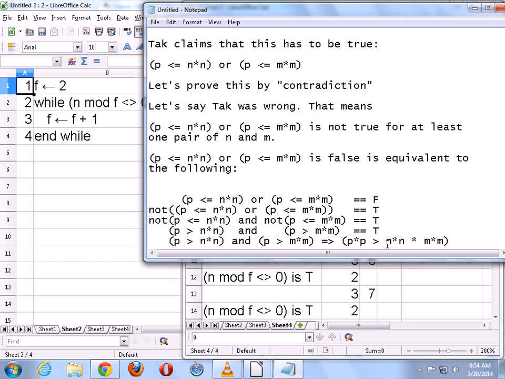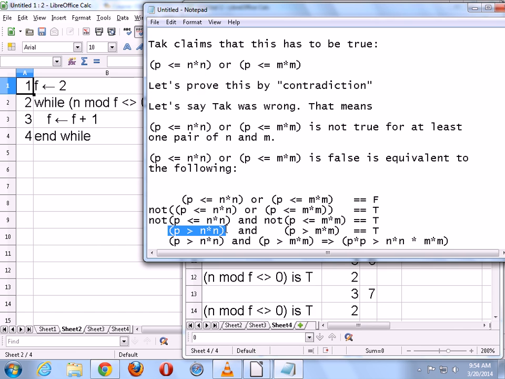I'm trying to figure out how you went from less than or equal to greater than. It's the negation. They mean the same thing, those two lines. Not P is less than or equal to n times n is the same thing as P is greater than n times n. If we look at this one piece here, it is not the case that P is less than or equal to n times n. It's really saying the same thing as P is greater than n times n. Is that okay? Yeah. Okay.